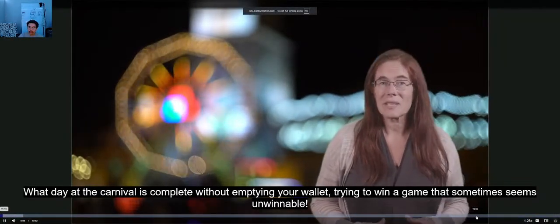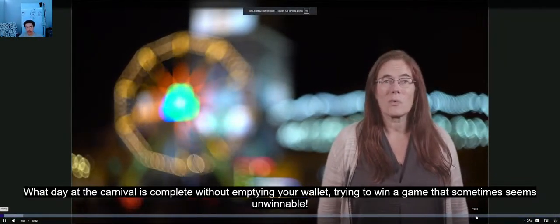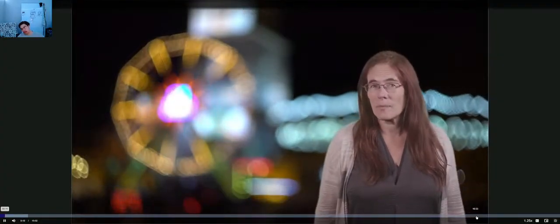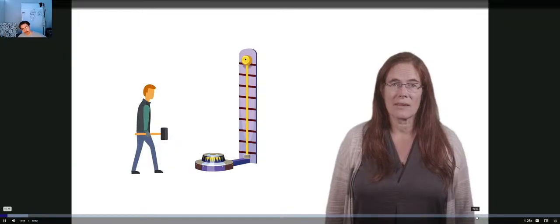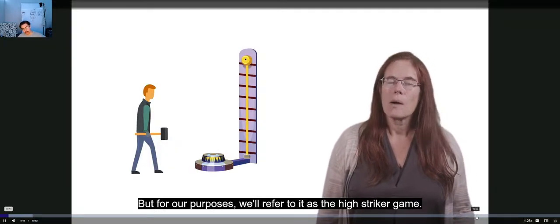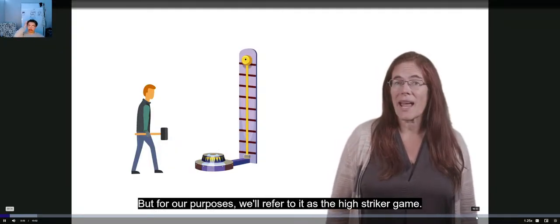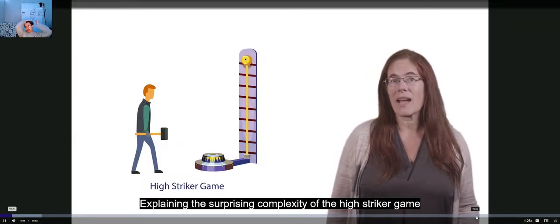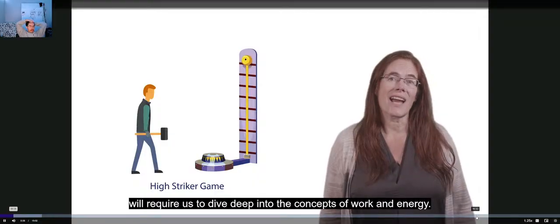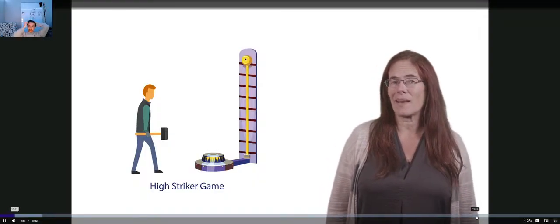What day at the carnival is complete without emptying your wallet trying to win a game that sometimes seems unwinnable? Have you seen the game where you swing a sledge onto a platform to gauge your strength? This game goes by many names, but for our purposes, we'll refer to it as the High Striker game. Explaining the surprising complexity of the High Striker game will require us to dive deep into the concepts of work